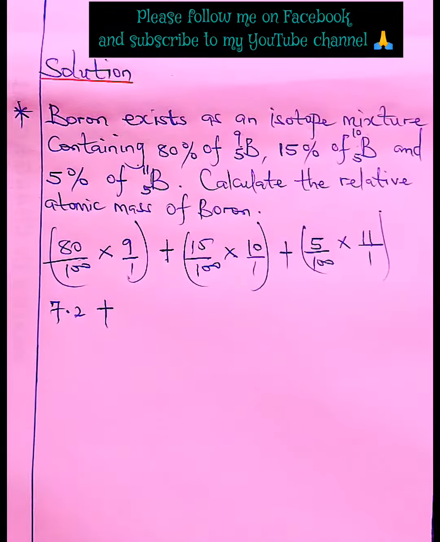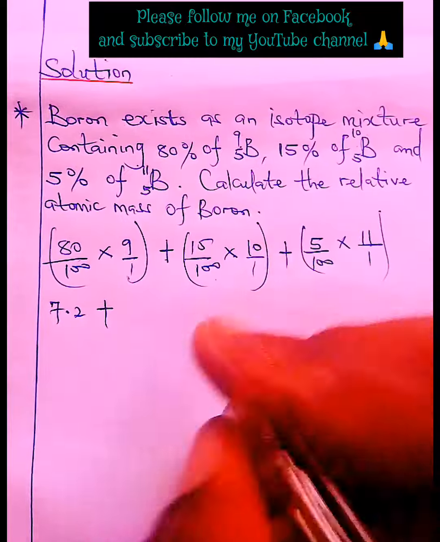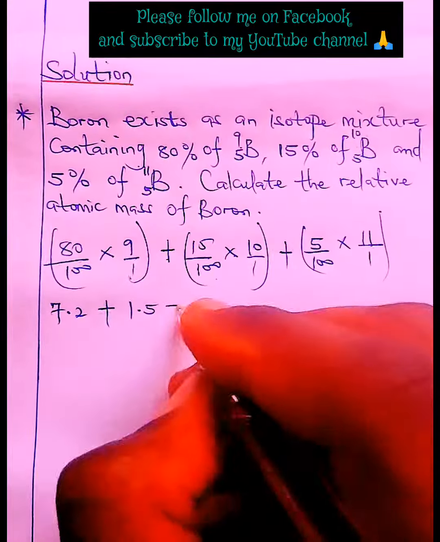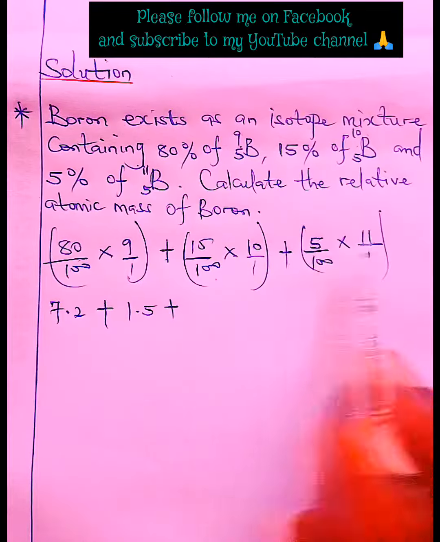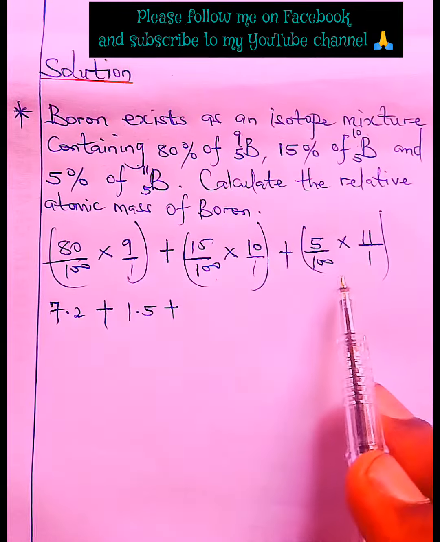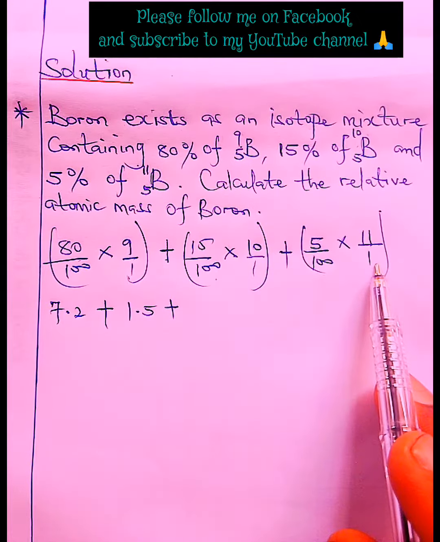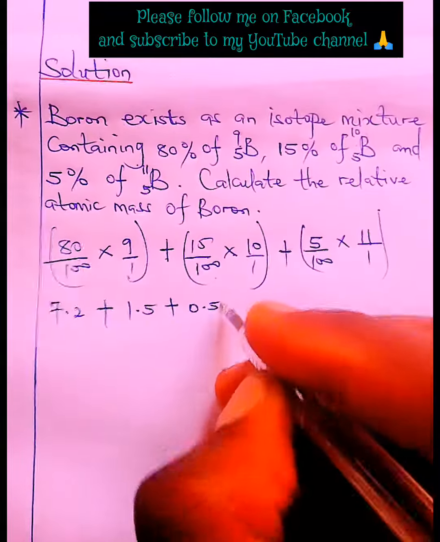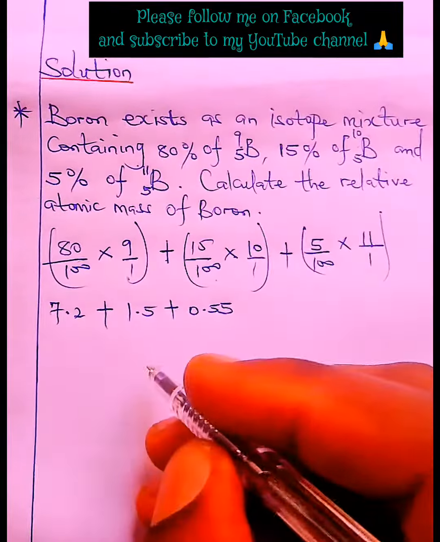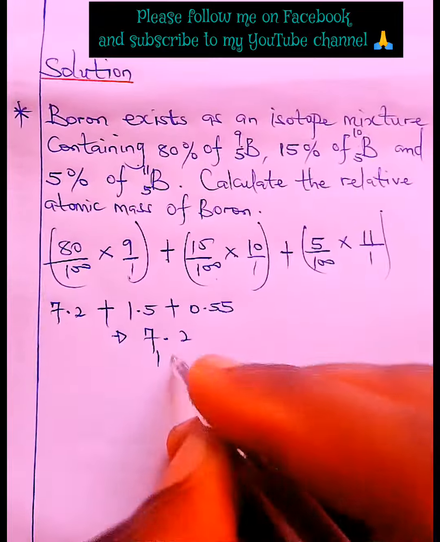So the next, 15 over 100 times 10 over 1, we can easily do this. 10 and 10 cancel, that's 1.5. And then the very last one, 5 over 100 times 11 over 1. When you multiply this, 5 times 11 is 55. 55 divided by 100 will give us, you know what that's going to give us? That will give us 0.55. So when we do the mathematics, when we add them up, 7.2, 1.5,